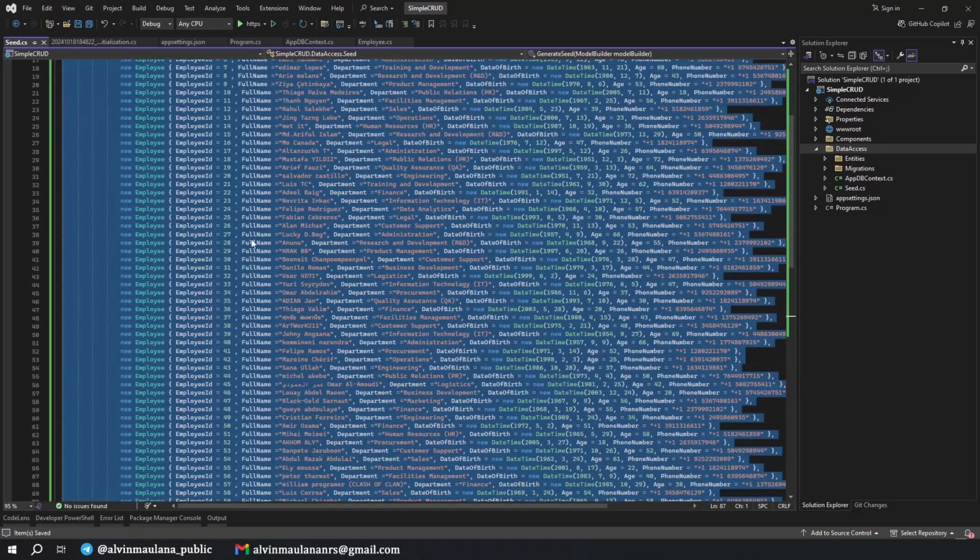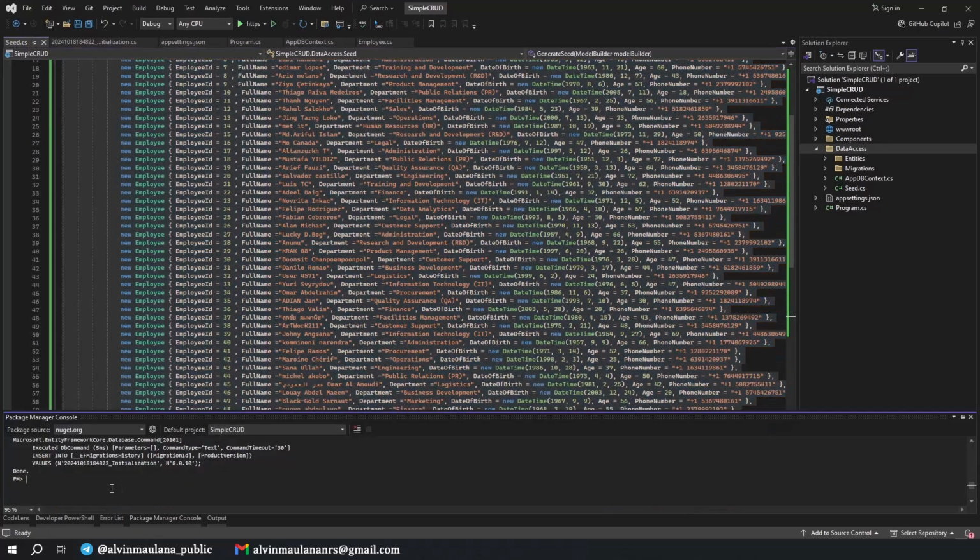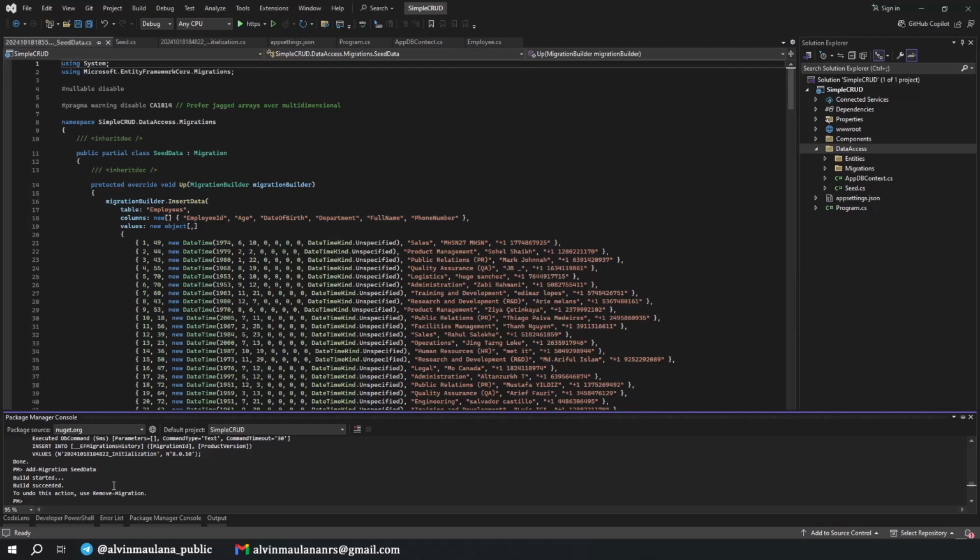And we need to have another migration whenever we create seed data. So Add-Migration, this one SeedData, and we no longer need to indicate the folder because it's already automatic. Only the first time we need to do that. So I just enter. Nice.